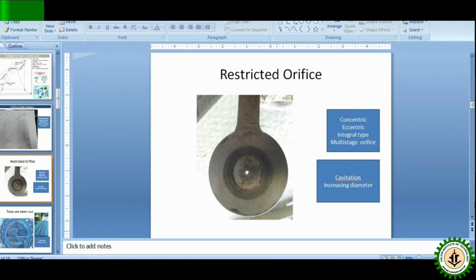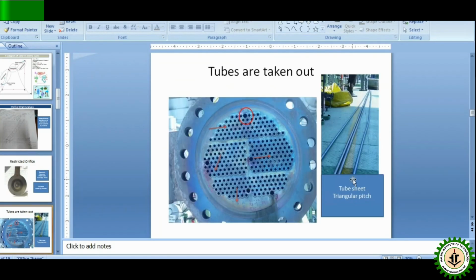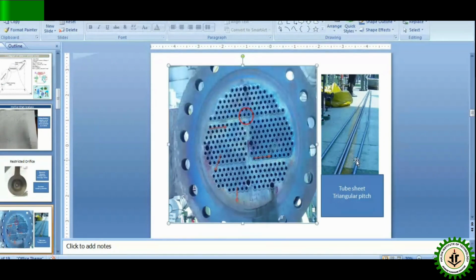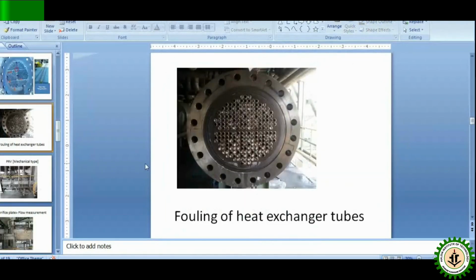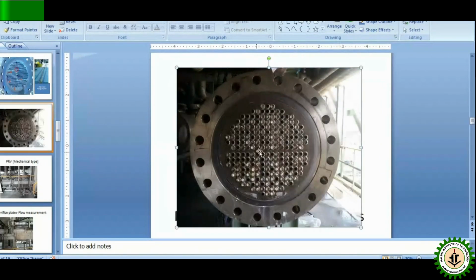Okay. So this is how an orifice... This is a heat exchanger. On one side I have shown you a picture, and the tubes are taken out on the right hand side. This is the heat exchanger tube sheet. In the small holes there are tubes in the heat exchanger. This is the shell, and this is the tube sheet that is connected with the heat exchanger. This is how the fouling is there in the heat exchanger, you can see how the tubes are getting